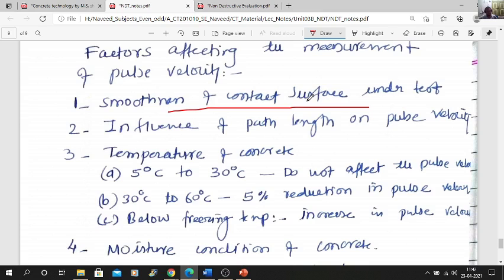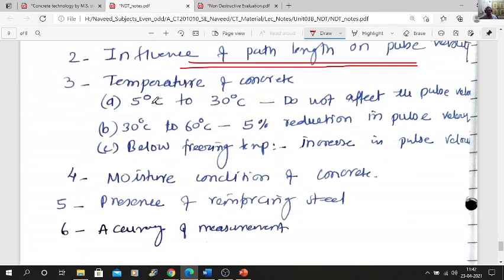Otherwise, you have to prepare or smoothen the surface and clean whatever dust or other things are on the surface you are testing. Path length also affects the pulse velocity.